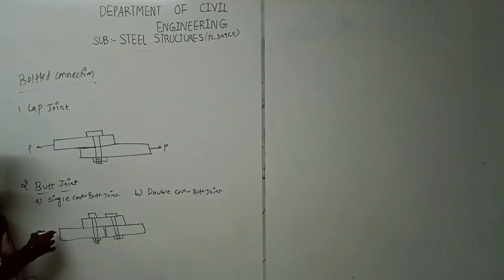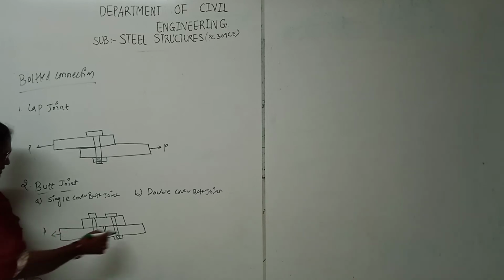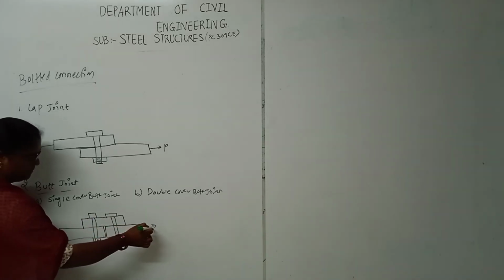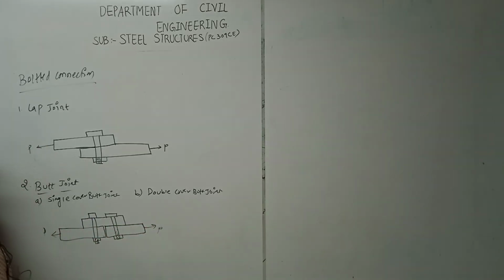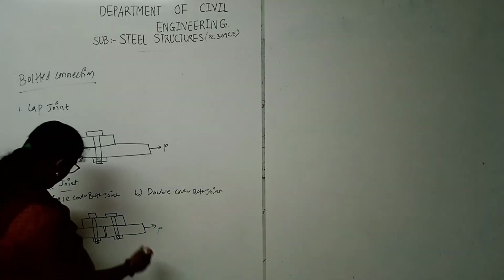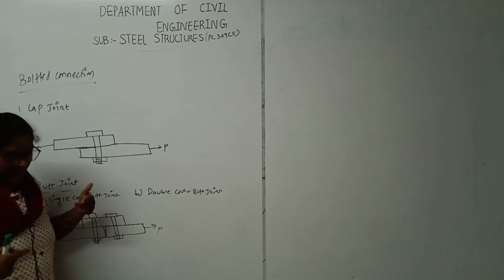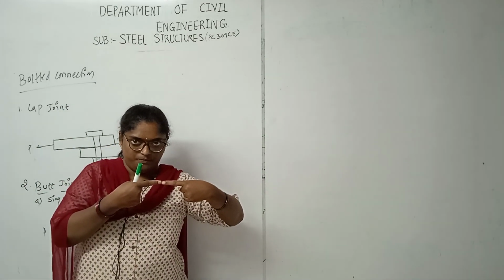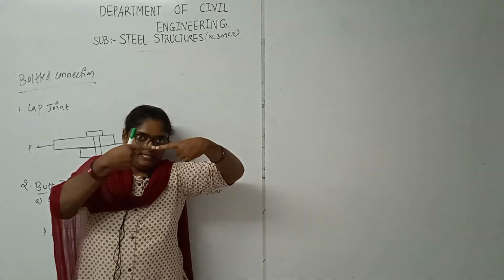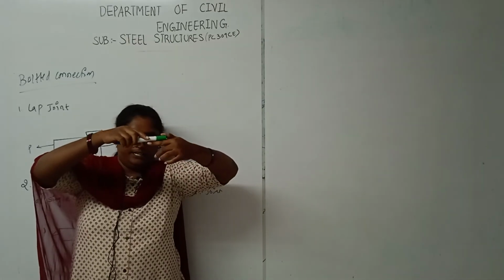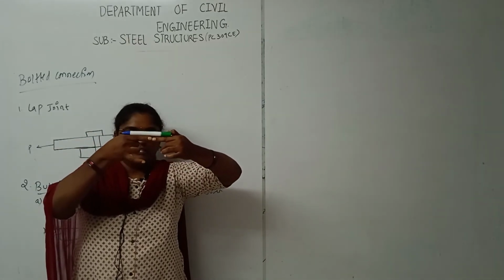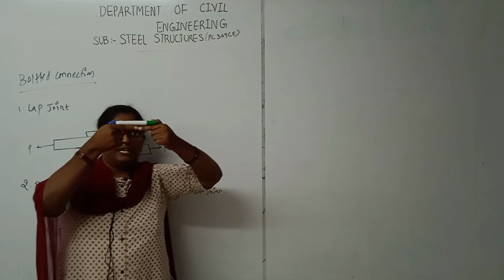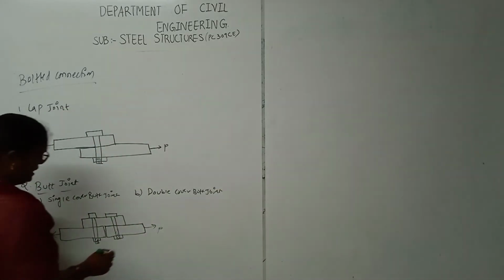Right, this is known as the single cover butt joint. And one more here you can see, means here we are keeping both like this, and here we are keeping like this. This is known as the single cover butt joint. And next,